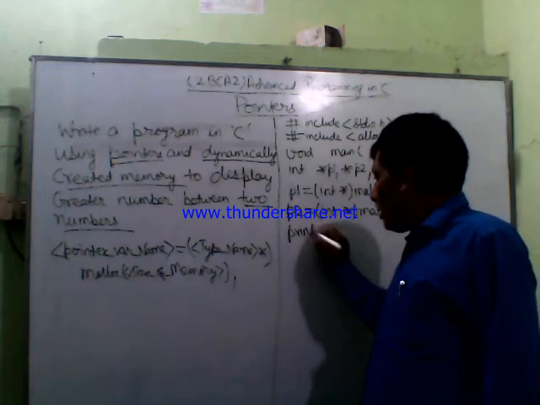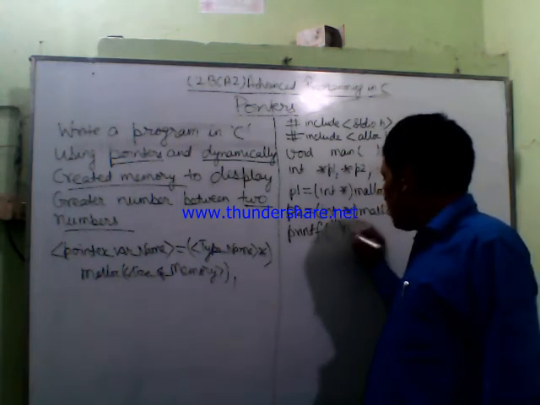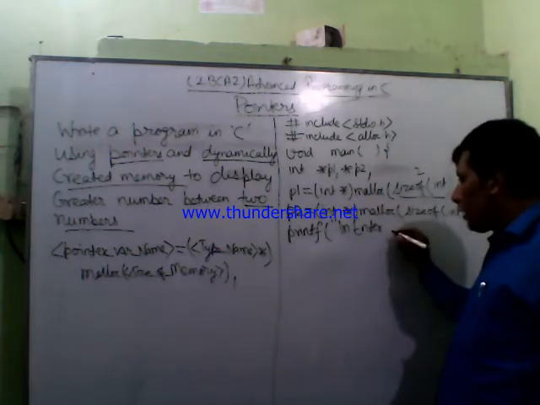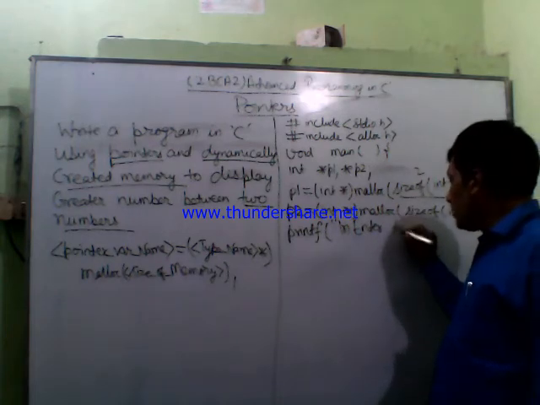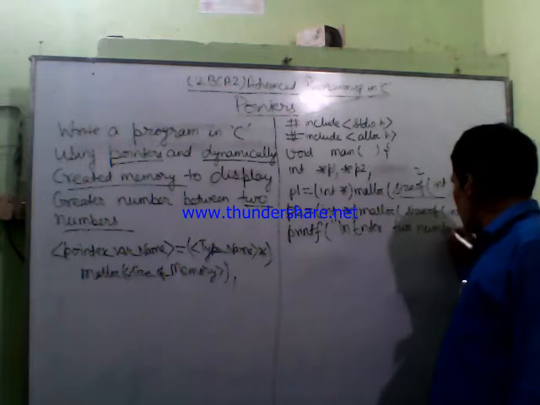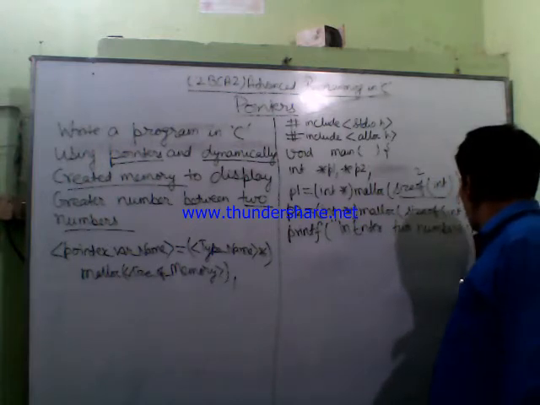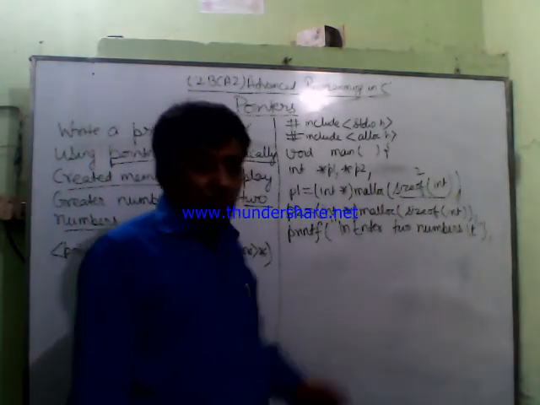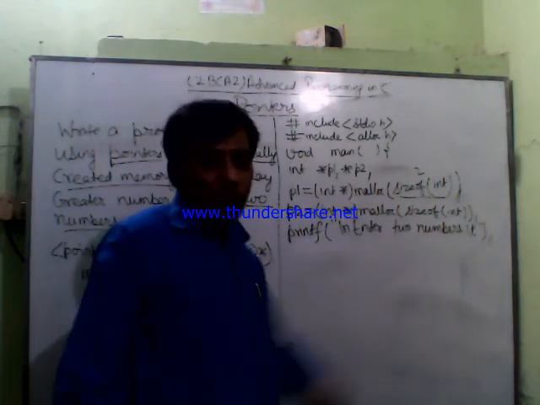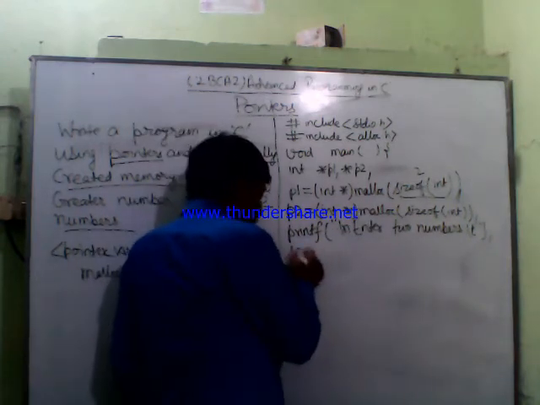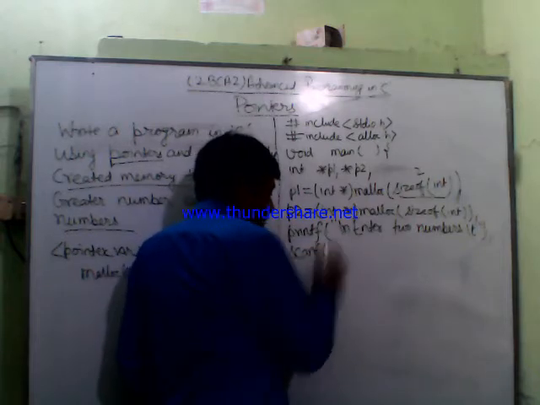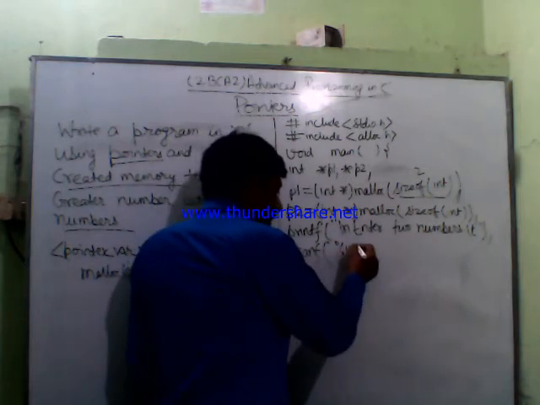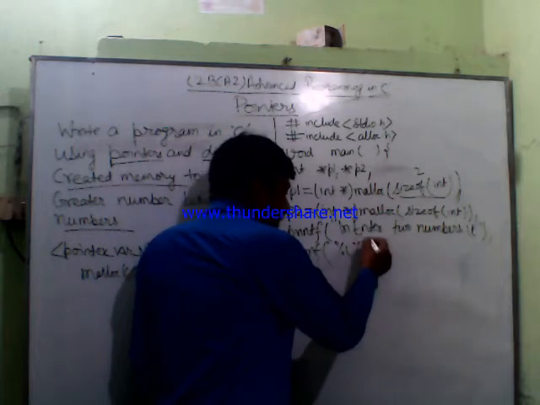Now, according to the requirement, I have to prompt the user to enter 2 numbers. I am giving a prompt by making a call to the printf function, enter 2 numbers, to the user. And now I have to store 2 numbers into allocated memories, and for this I have to write a scanf function in the C program. First input is an integer and the second input will also be an integer.